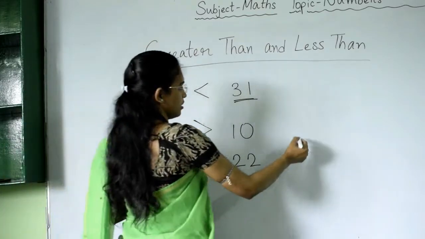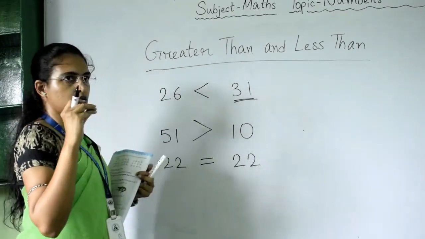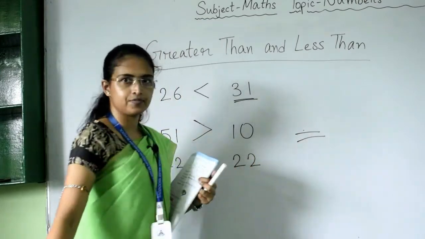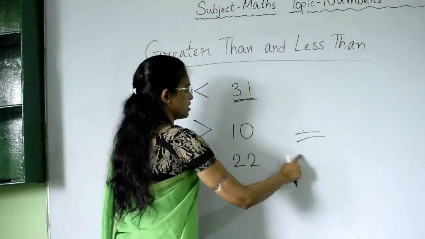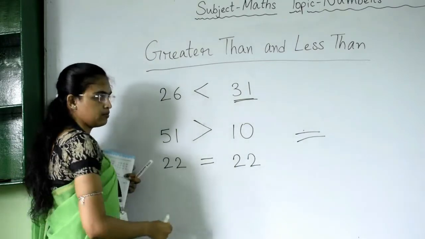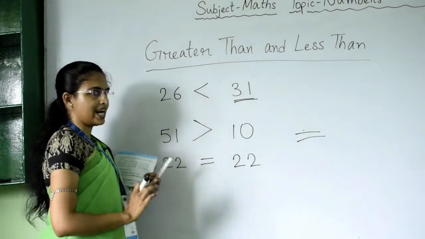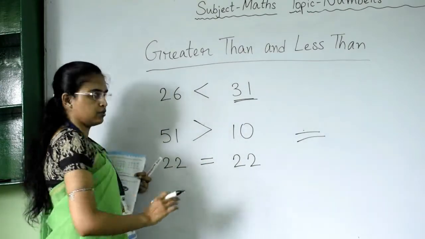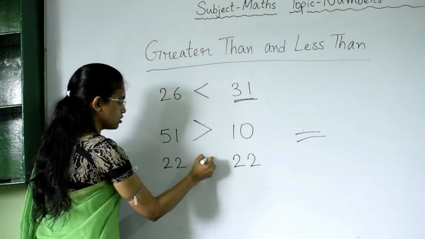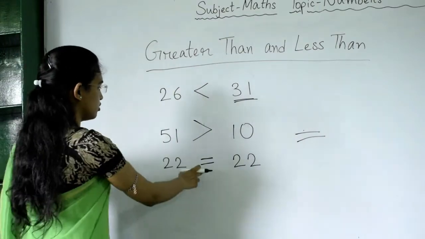And when the crocodile's mouth is closed, it looks like this, right? Yes, so this is equals to. He is confused because both the numbers are same, there is no bigger number, there is no smaller number, so that's why he is standing there and watching both the numbers with his mouth closed. So that's why we have put equals to sign, because both the numbers are same on both the sides, that's why you use equals to sign.